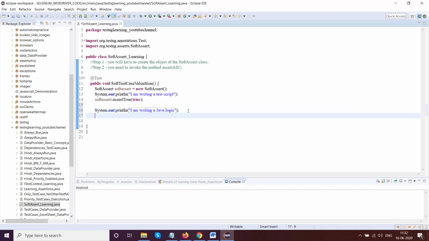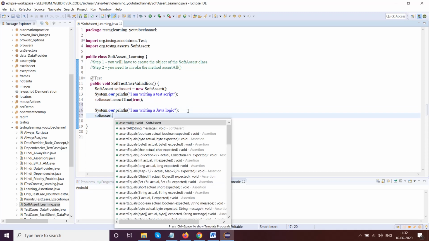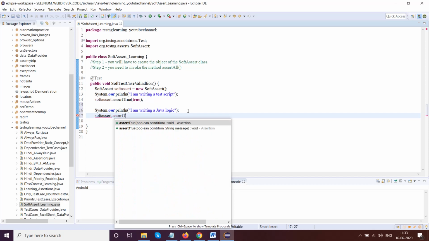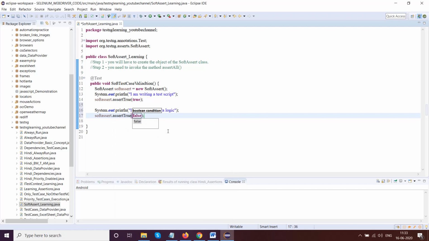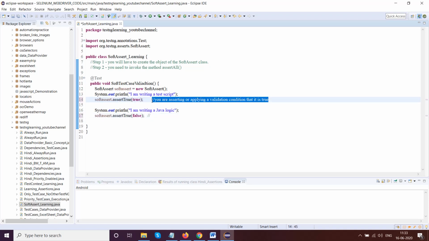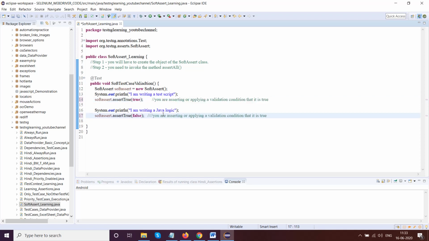Now I'll use softAssert.assert. Is there any false? Yes, there is something known as false as well, but we'll use true as of now. So let's say I'll say false. Typically what you are doing is, here you are asserting or applying a validation condition that it is true, and similarly here you are applying a condition which actually states that it is false.